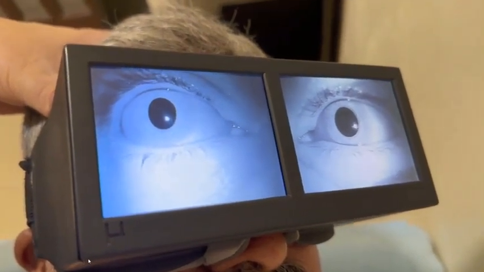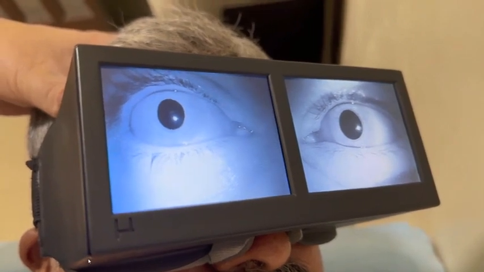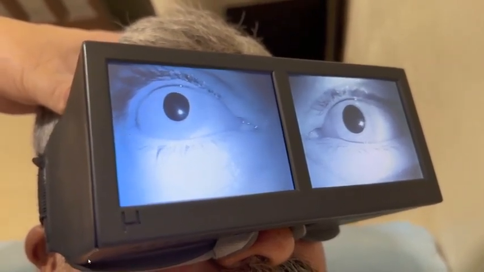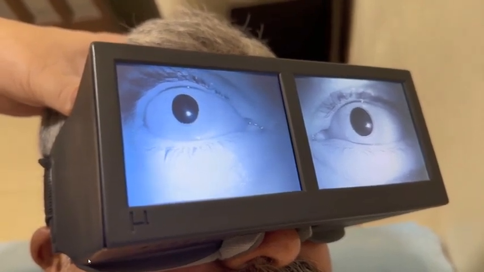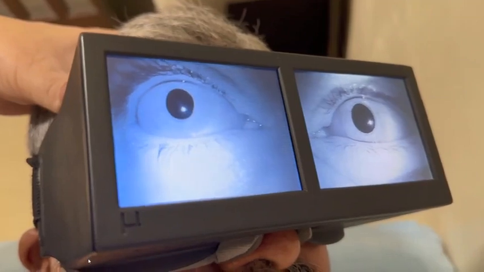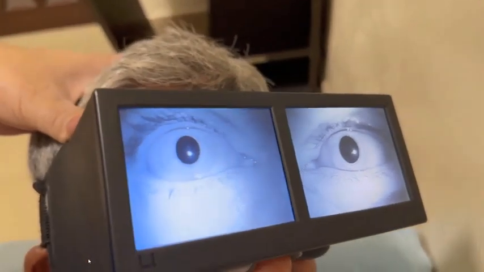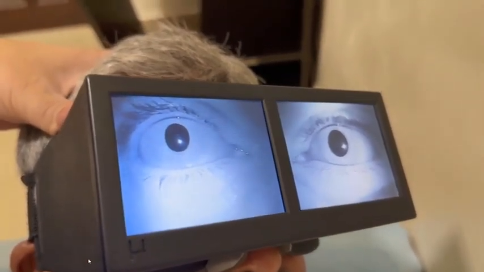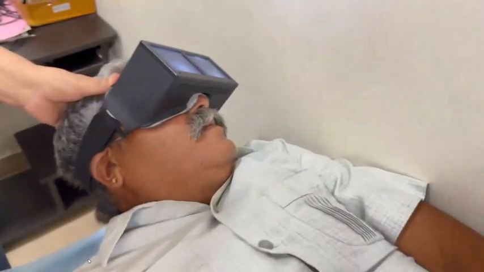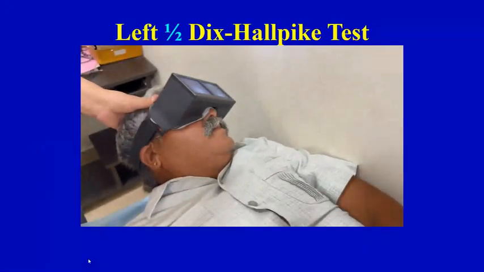So as soon as the nystagmus lasts for more than 60 seconds, it is labeled as persistent upbeating left torsional positional nystagmus, and in this case it could be either because of the cupulolithiasis of the left posterior semicircular canal or short arm posterior semicircular canalolithiasis. So what to be done next, which is not prescribed or seen in the recommendations of the Barany Society criteria,